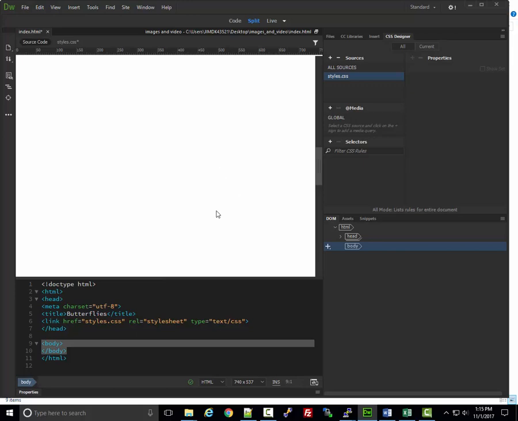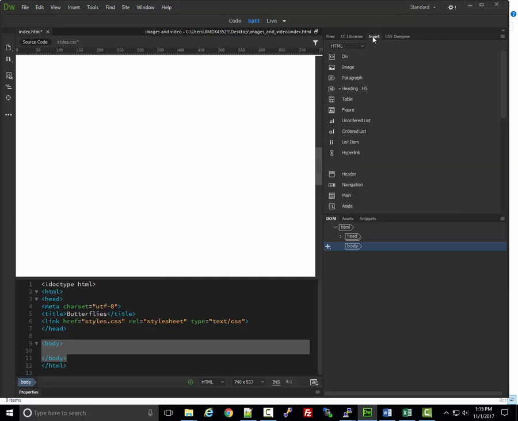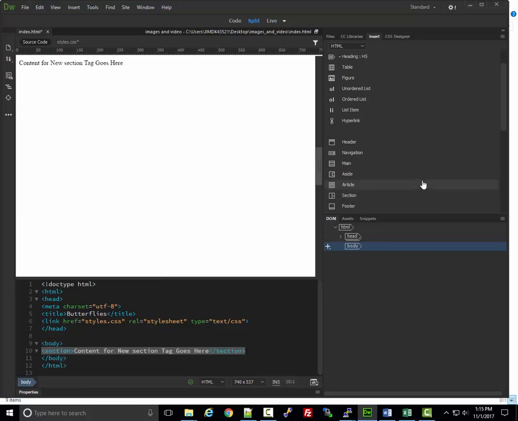Real quick, what I wanted to do was just create a 3-column format so that you can see a technique for responsive design for images in that kind of format. All right, so in the body section here, I'm going to go ahead and insert some HTML. I'm thinking I'll use the section called section. Okay, and then I want to style this so that it is 33% of